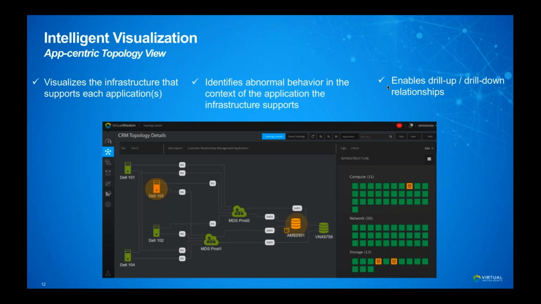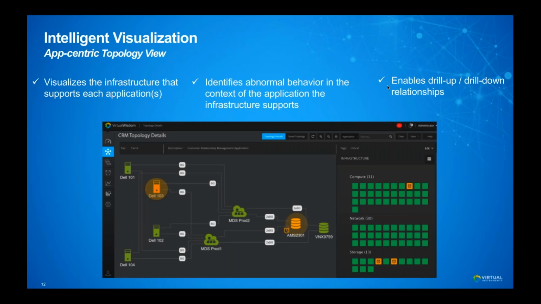One of the challenges we heard loud and clear starting about 3 or 4 years ago, as infrastructure was starting to transform from silo-based deployments across server, network, and storage to infrastructure as a service and private cloud offerings, was our customers asking us, how do you give us the intelligence to talk to the application owners and the business units in a language that they understand, in a context that they're familiar with? And that's really what the application-centric approach enables.